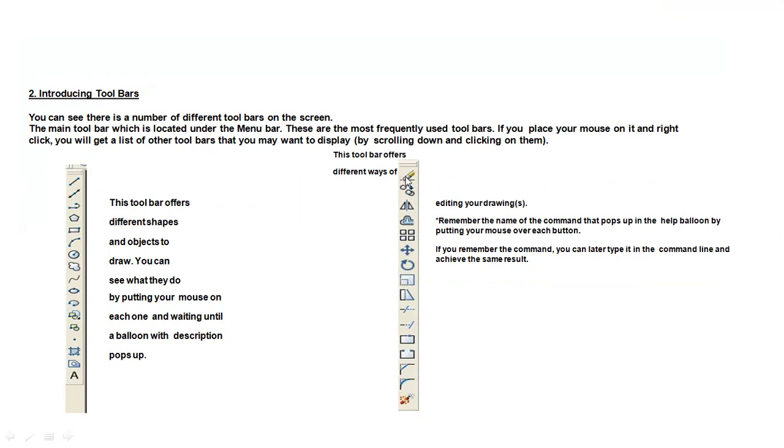You can find erase, copy, mirror, offset, array, move, rotate, stretch, lengthen, extend, trim, join, break, chamfer, fillet, etc. And in the basic commands, you'll find lines, planes, circles, ellipse, hatching, and multi-line text. These are required to draw the objects in AutoCAD.